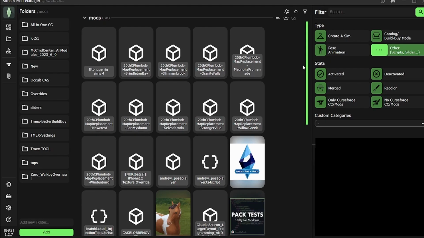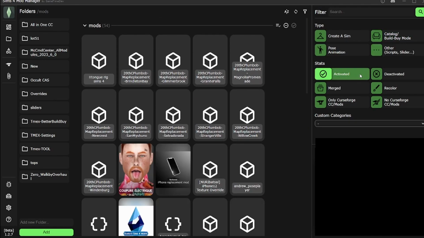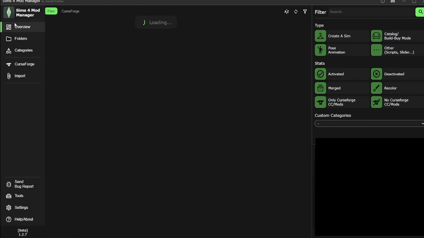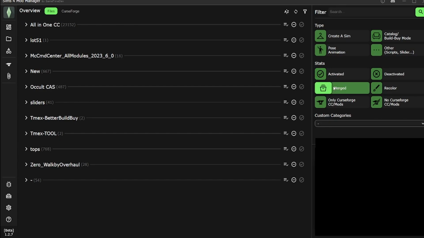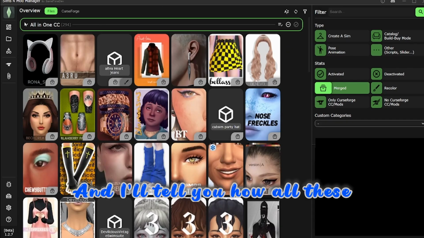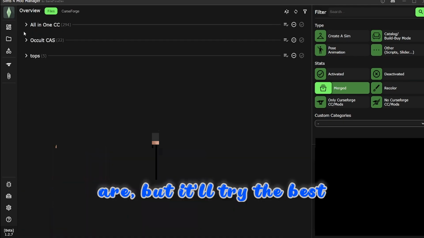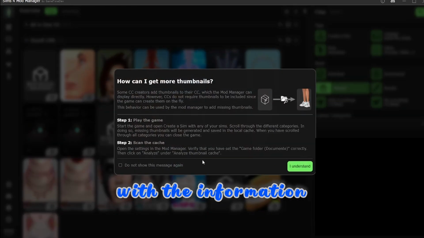You've got script files. You can sort stuff by script files. If you deactivate stuff, then you can sort stuff by deactivating. You can sort stuff by activating. I'd rather go to overview for this anyway, but you can sort stuff by if it's merged or not. If you go to the overview version, it'll go ahead and do it for each of these, and it'll tell you, hey, all these items are merged items. I don't know if they actually are, but it'll try the best again that it can with the information that